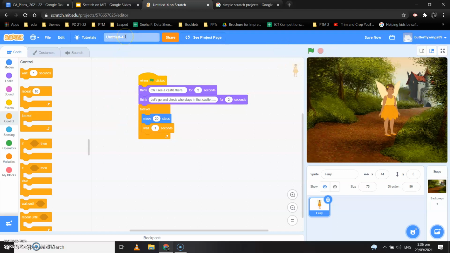Okay, once you are done with the program, you can rename the program as